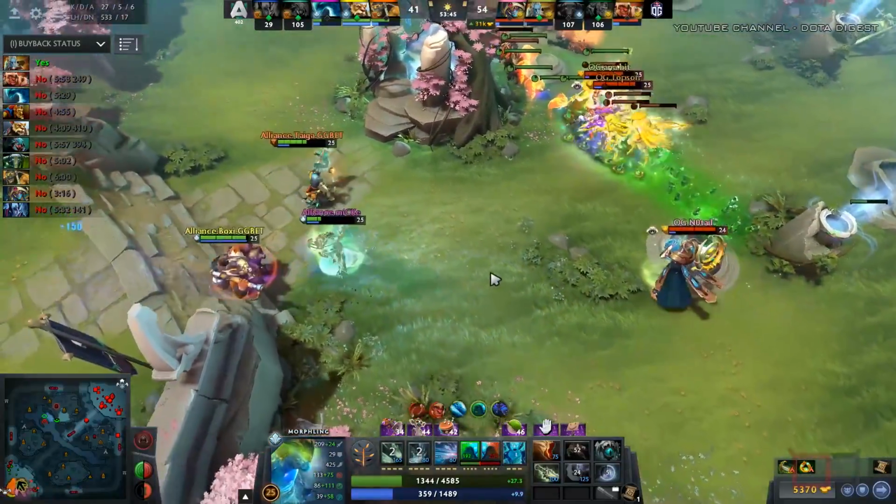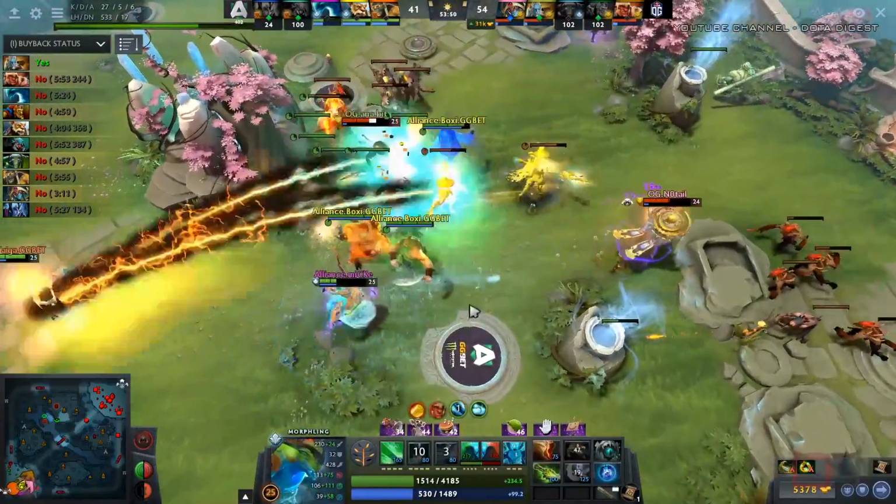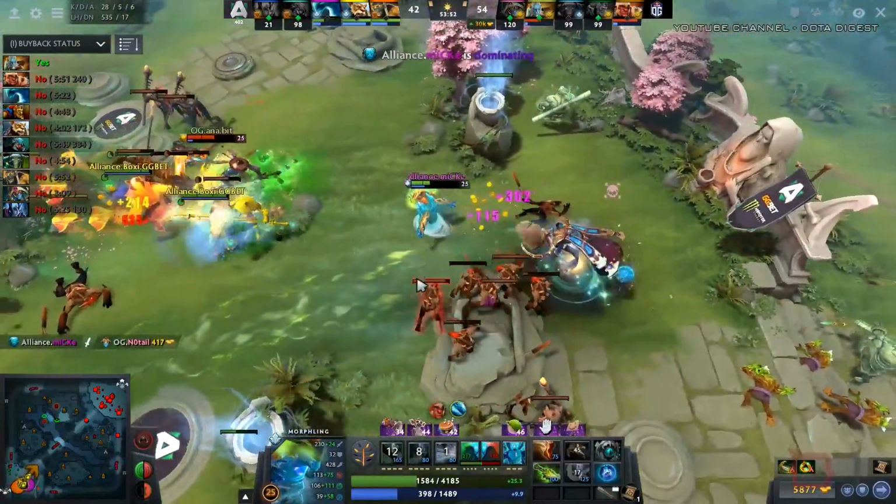Can he actually get out? It looks like he can, and in goes Boxy. He's back. He's got the split. Can they make this fight happen, though? It's a huge ask as No-Tail is going to be the target for Mickey. He does find that one, and now